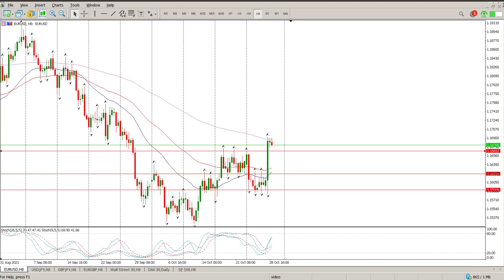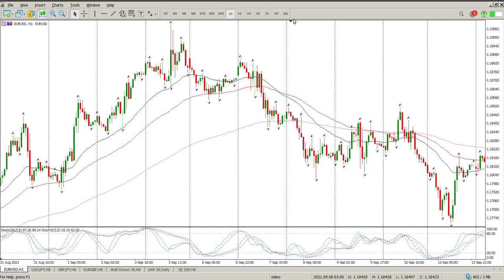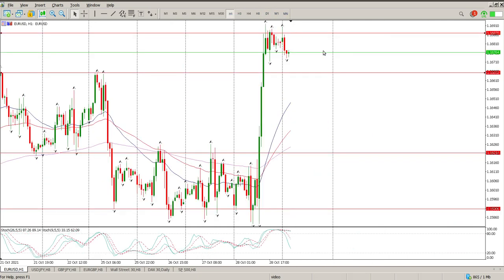So starting with Euro USD, and we had a pretty solid move to the upside. I'm going to assume that this is an exhaustion bar at the moment. There is a little bit of structure ahead of us. You can see there it is there, and a little bit higher there's more structure, and then there's structure to the downside. So if we just come down to the hour, bearing in mind that this is the last trading